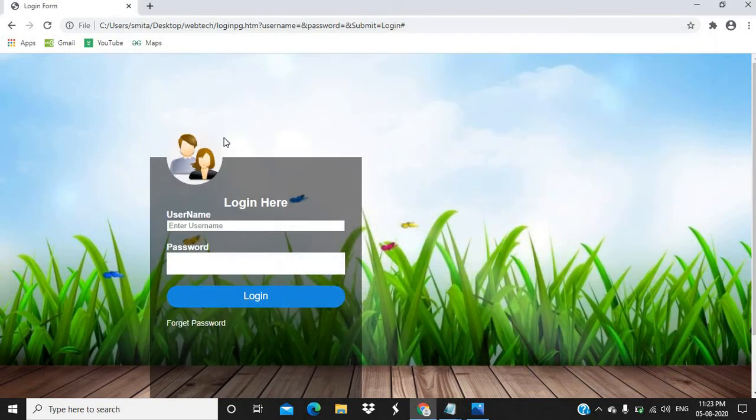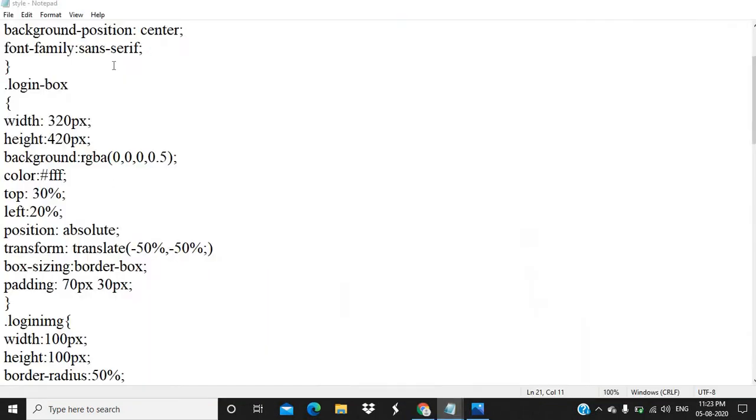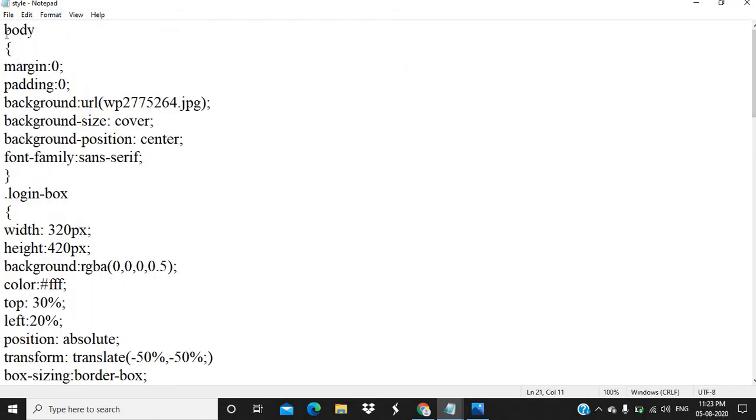Now we will see how we design the hover button options and the different kinds of transparency. You can see my box is transparent, and easily I can view my background image also. How to apply this effect, we have to mention within the cascading style sheet. So over here I am using the body tag.